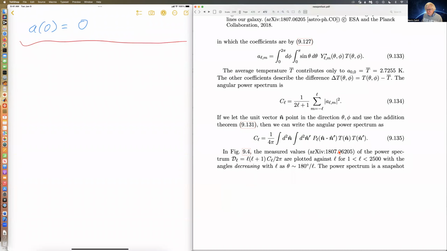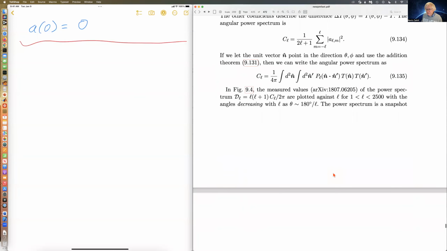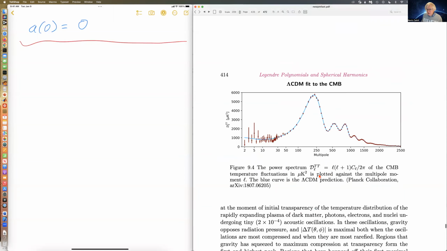And if the vector n points in the direction theta phi, then this C sub L you can write in this way as the temperature in the n direction, temperature in the n prime direction, and then P_L of n prime is what gives you the C_L, which is the sum of the absolute values of a_LM squared. And so these can be fitted